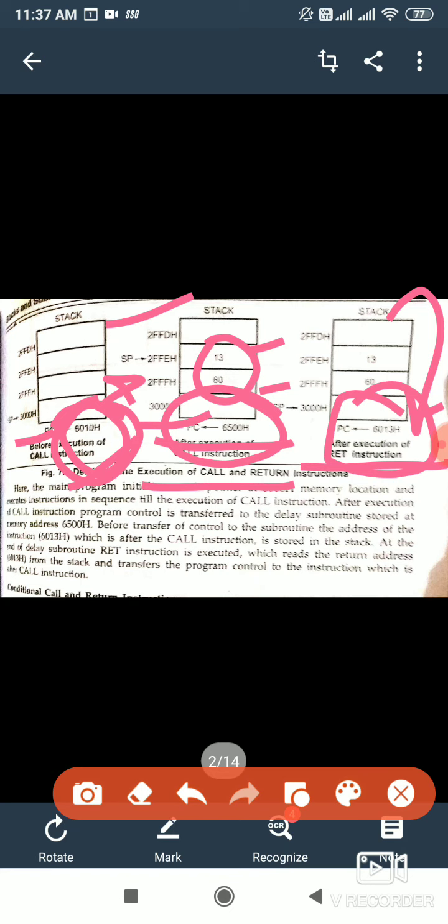Just like the pop instruction. It will first retrieve 13 and then increment the stack, and then it will retrieve 60 and then increment the stack. Now our stack pointer again becomes 3000. So before call it was 3000, and after return it will again become 3000. So this is the usage of stack in a subroutine using call and return.